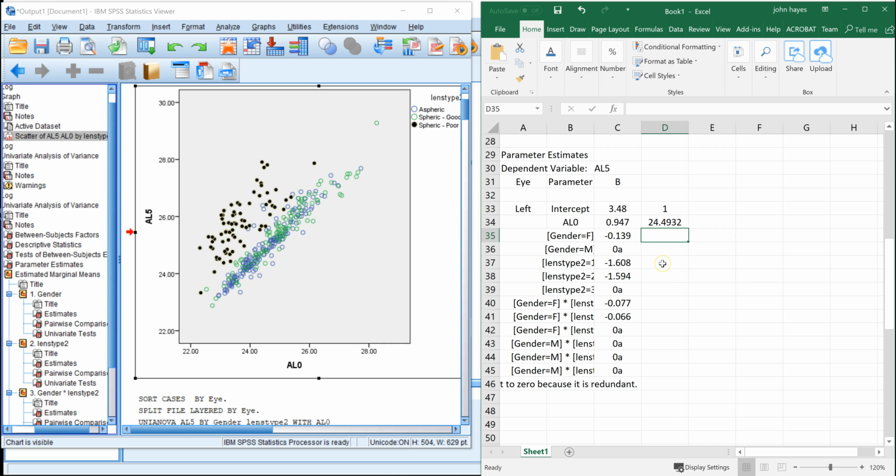So if we're doing aspheric, we get 1, and then it would be 0, 0. So this first column, the way we're setting it up, is a female aspheric person. So their value for gender is 1, the value for lens type 2 equals 1. A 1 is aspheric. This is a little confusing, but these values